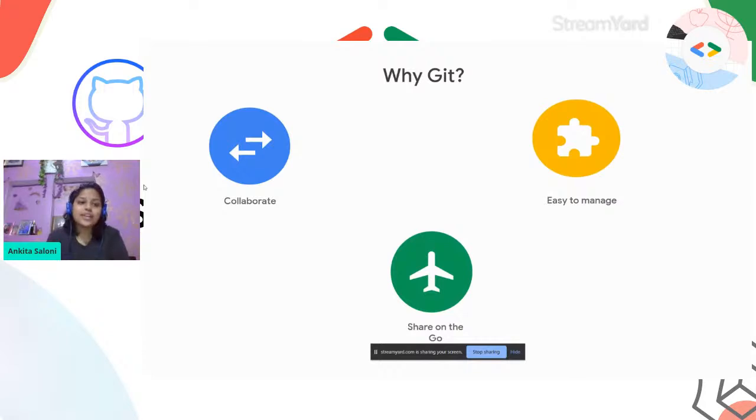Now, why Git? You can collaborate with lots and lots of people. Like if you want to collaborate in an offline method, let us assume that Git is not in the picture. You are here and your friend is like 30 or 40 kilometers away. You want to collaborate with him on some project, but let us assume it's 30 to 40 years ago.